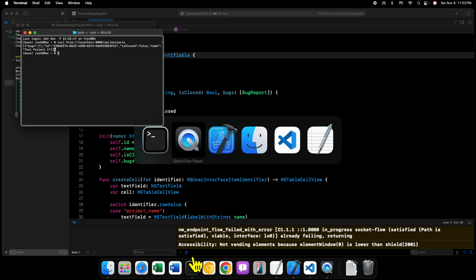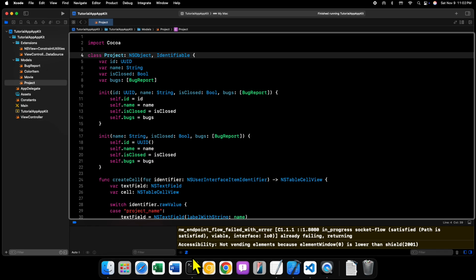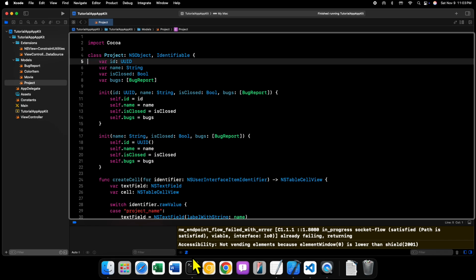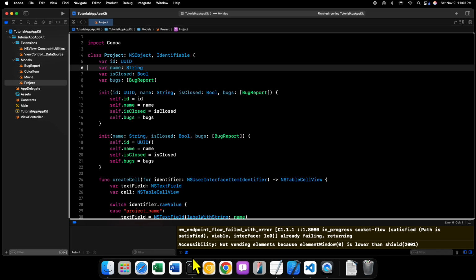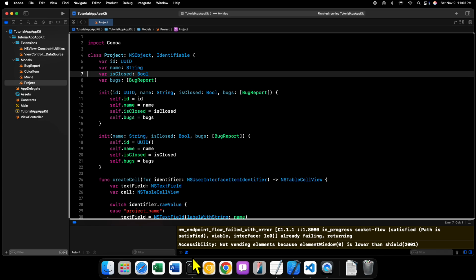Well, inside of Xcode, this is my project model. This class conforms to identifiable and inherits from NSObject, which means it also inherently conforms to hashable. We have a variable called ID, and this is a UUID because the string we get back from the server is a UUID, and the JSON decoder that we're going to use will detect that. Then we have name, which is a string, and we have is closed, which is a Boolean,